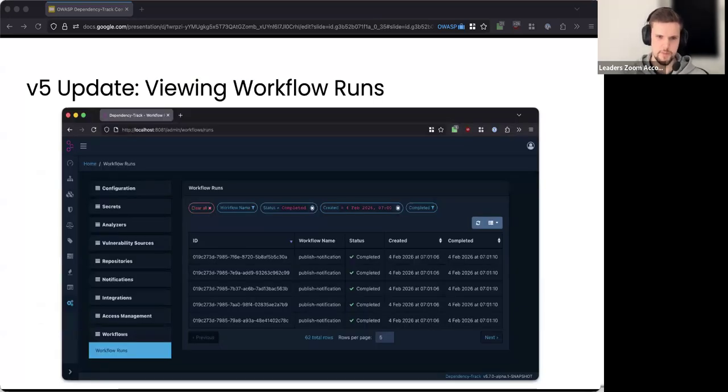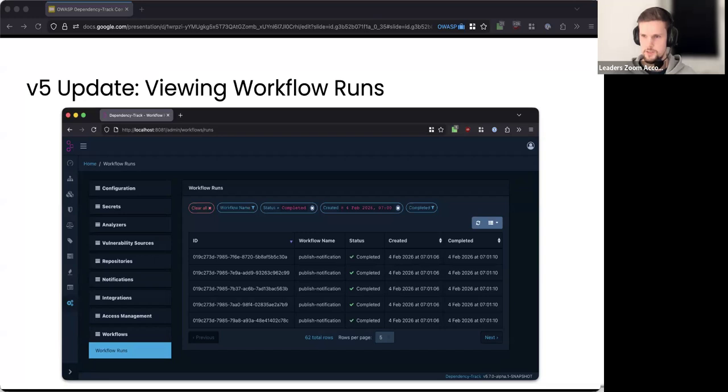One of the things that has enabled us to move away from Kafka for notification publishing is that publishing is now implemented as a workflow. I talked about how we have implemented workflows in the previous meetings. I don't want to bother you with this again. But one of the benefits now is we can surface this information to you in the UI.